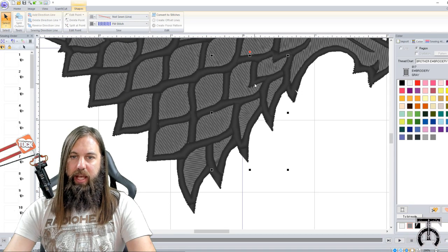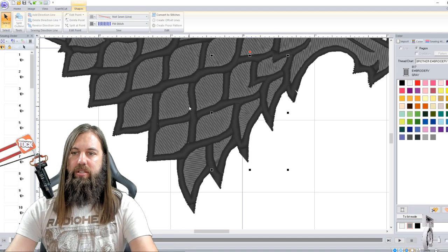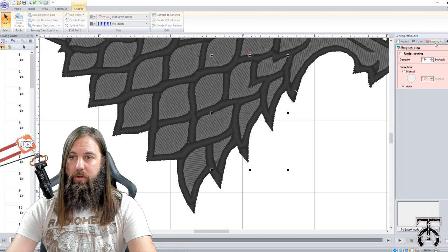Now I can tell that these stitches in those areas are not going the same direction as the rest of my gray stitches. So we need to talk about stitch directions. So I'm going to go to Sewing Attributes here. Now it's set to auto. So if I hit play, I can tell that